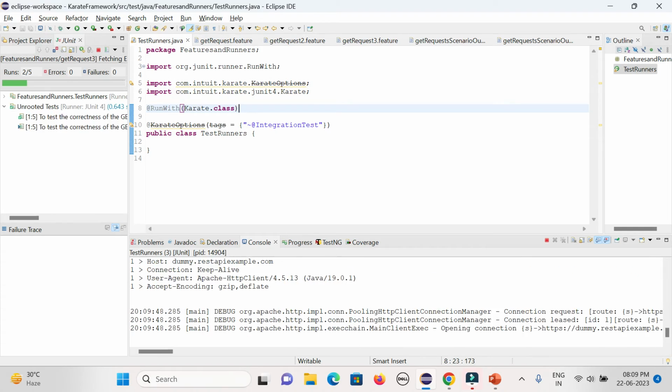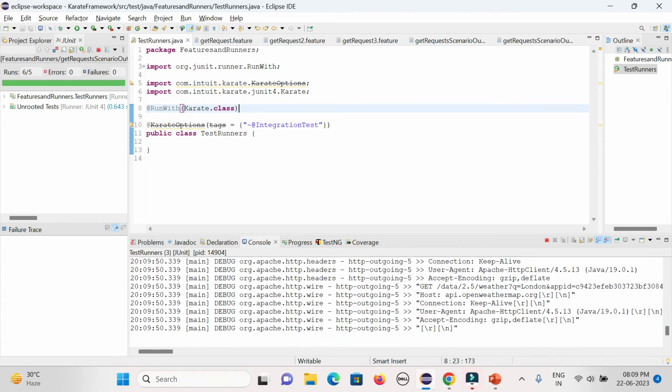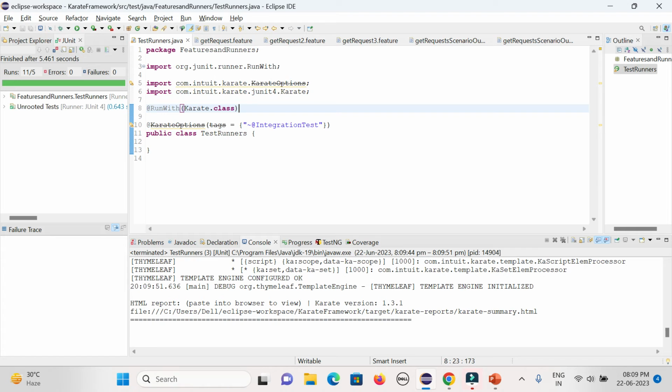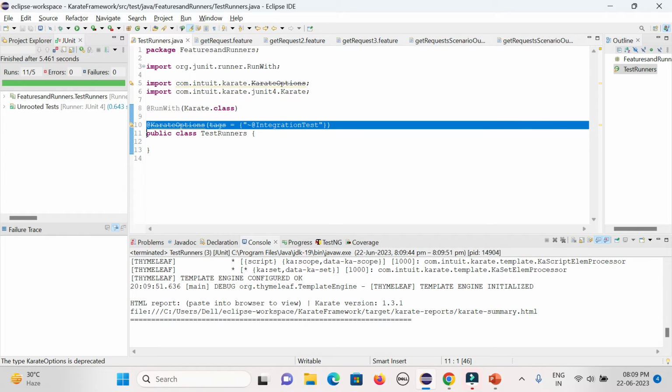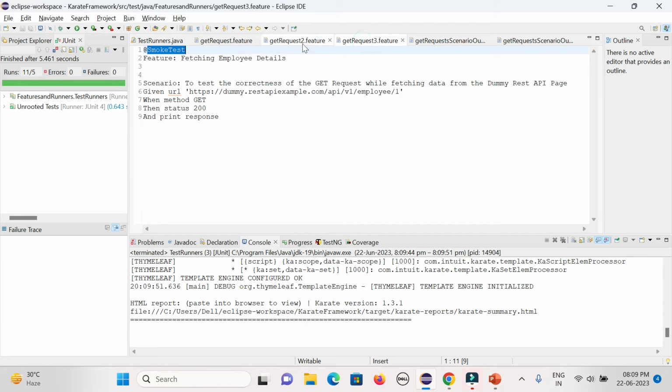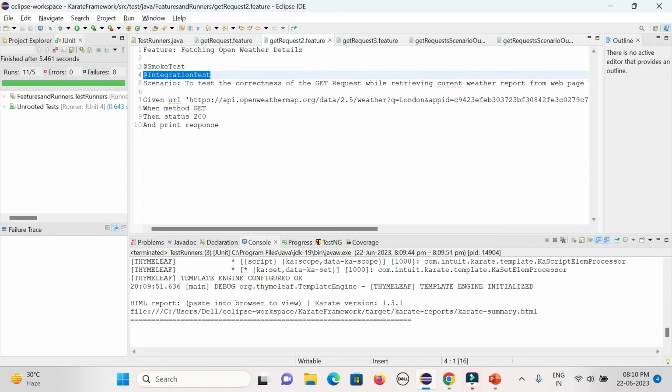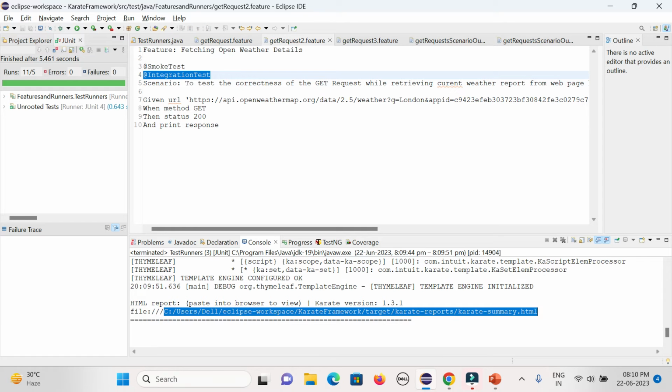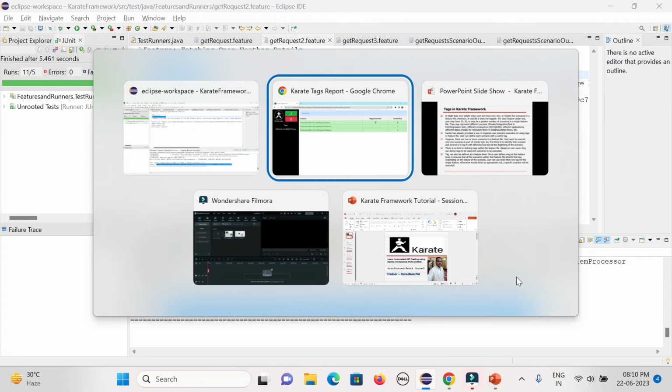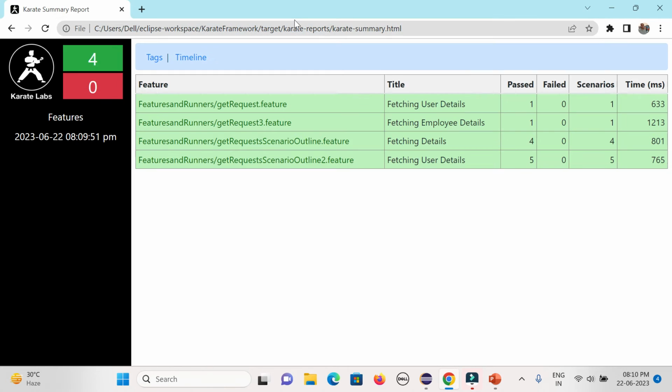So except that one, everything will be executed and filtered out. You could see here 11 scenarios got executed. Only one scenario was not executed, and 4 features would be executed except that particular feature. The get request 2 features will be ignored because I want to execute everything except that integration test tag. So now if you go here, you could see a total of 4 scenarios got executed, and if you click on